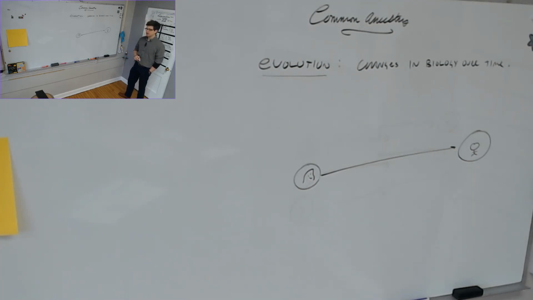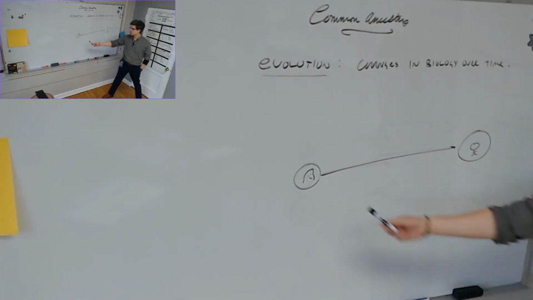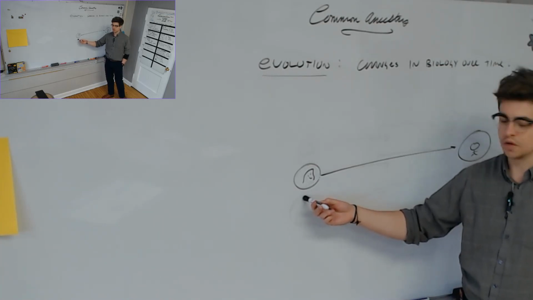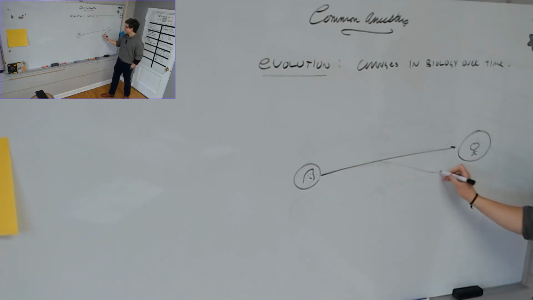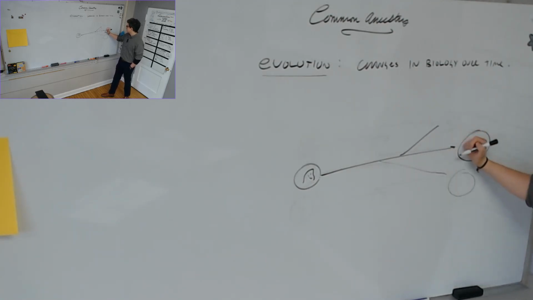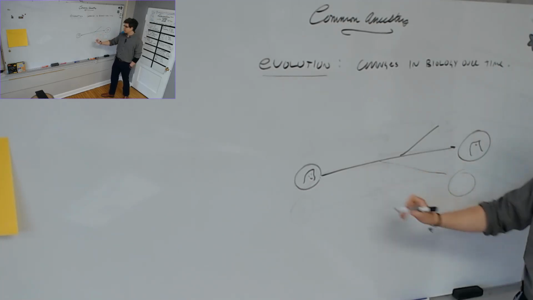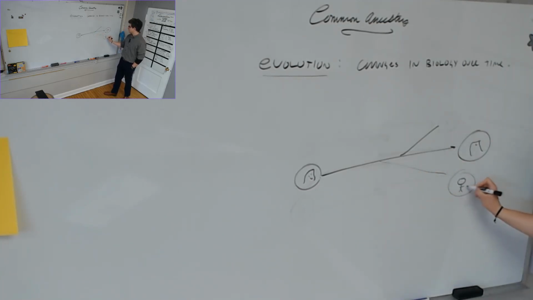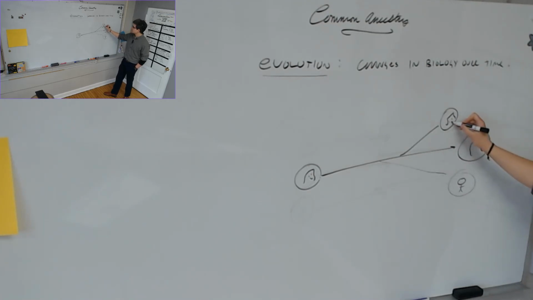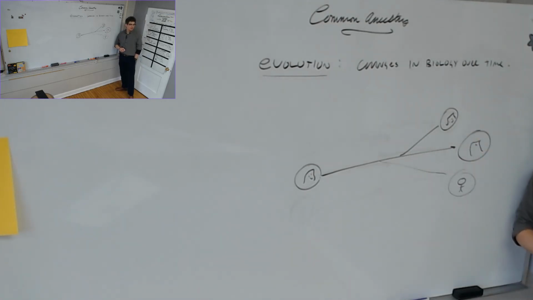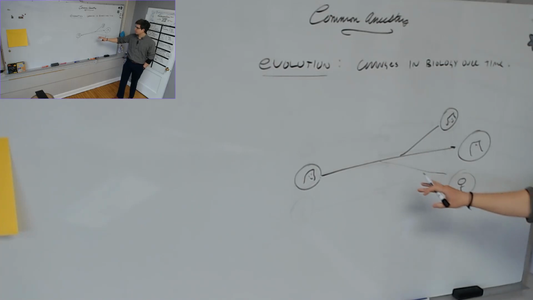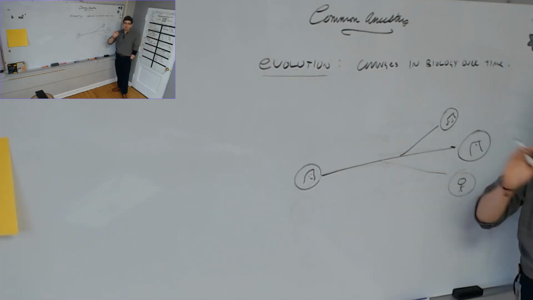Because if that were the case, as is commonly stated by opponents of evolution, where'd the chimp go? They're still chimps, so it can't be like this. What it actually is is this branching structure here, where this is still a chimp. But at some point, some population of chimps branched off, and those eventually became human beings. Another population broke off, and those eventually became, I don't know, bonobos or something, with a slightly different head shape. But the point is that this is a branching system. It's not one thing leading to another.